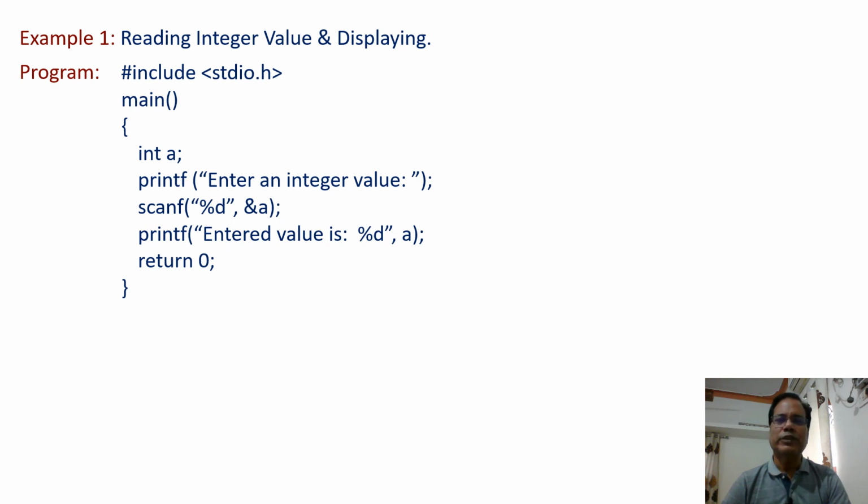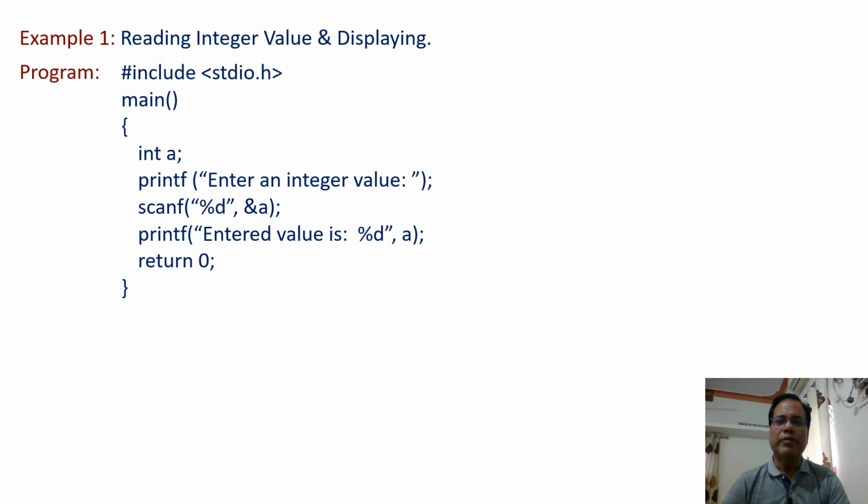In this program, the first statement is #include <stdio.h>, included in the less than and greater than signs. We include this standard input output header file as we are using a number of library functions like scanf and printf in our program. Now, within the open and close braces of the main function, the first statement is int a. This statement declares a variable a which is of integer type.